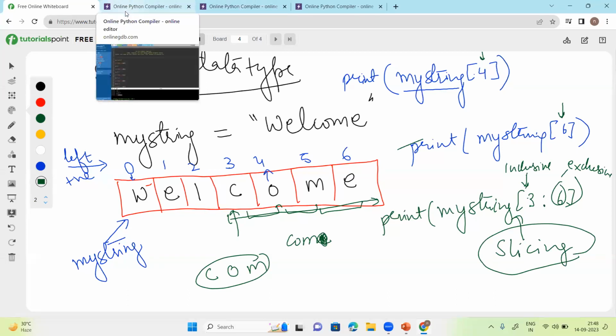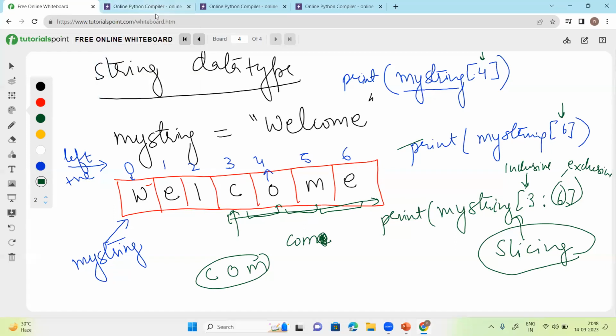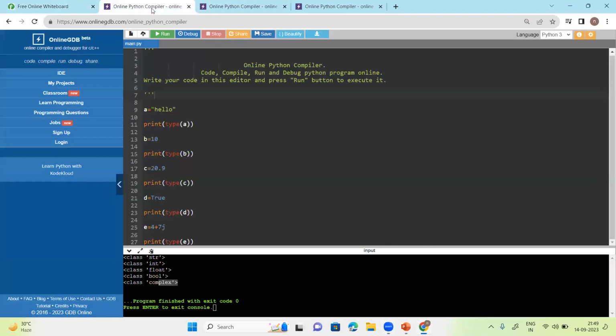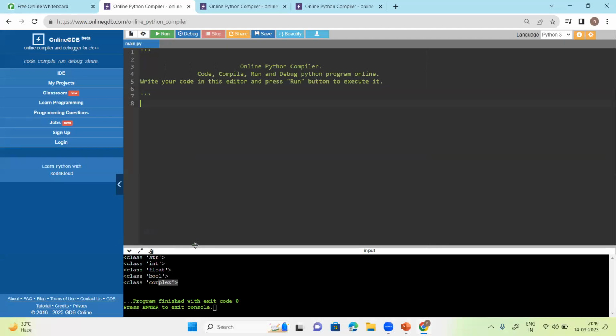Is the theory concept clear? Okay, let us implement this. So my string,